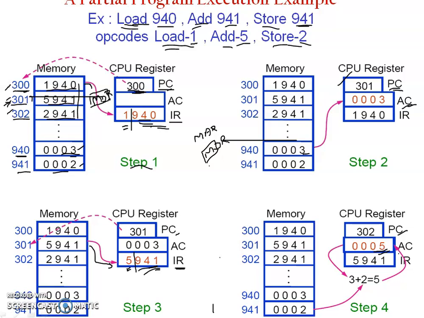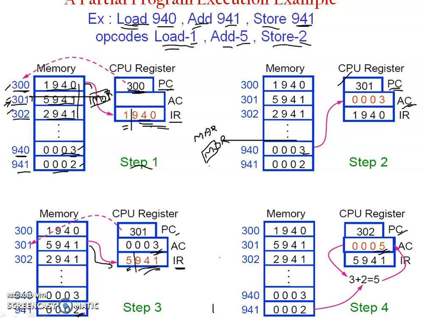AC will be currently having... that is add 941. Okay, currently AC is having 3, and the data that is being fetched is 2. So add 941 means this 3 will be added with the MDR value. Okay, from memory the data is being placed in the MDR, and to that MDR value the current AC value